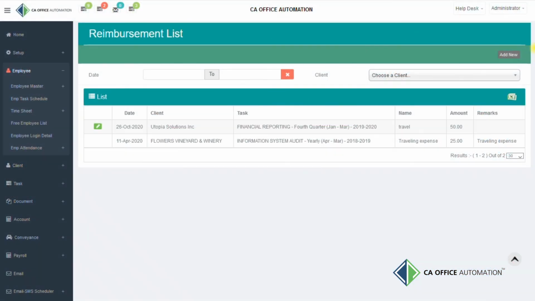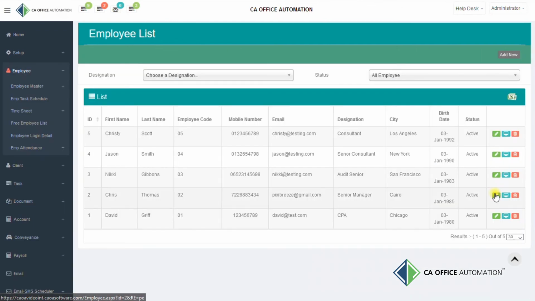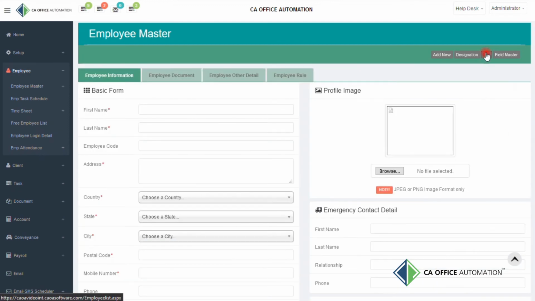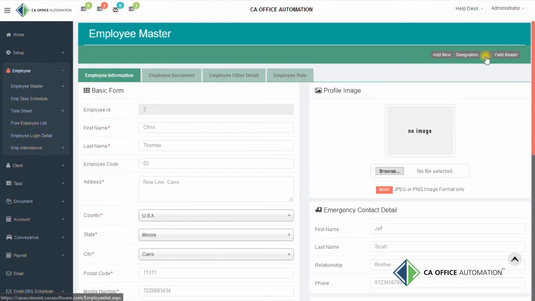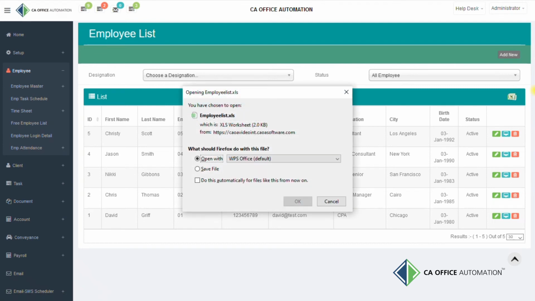In this, under the Employee Master tab, by clicking on Add Employee, we can add a new employee with all his or her essential details, and by clicking on Employee List, employee data can be accessed by using the given filters. You can also mark an employee inactive by clicking on the Edit button. Employee data can be edited. Data can be exported in Excel too.